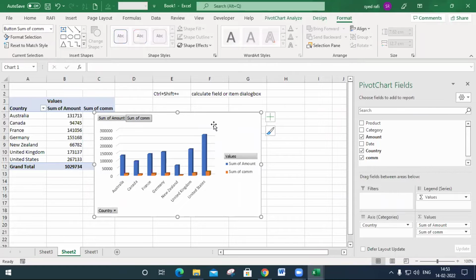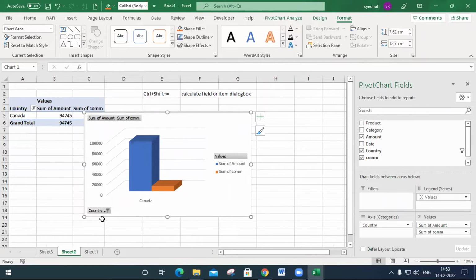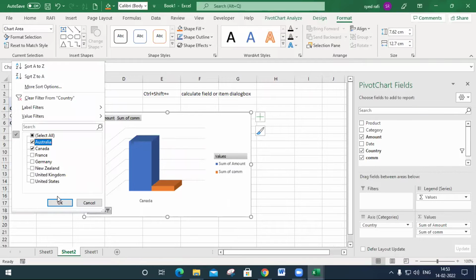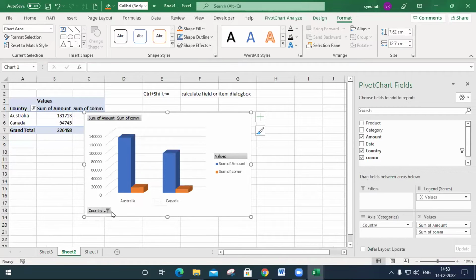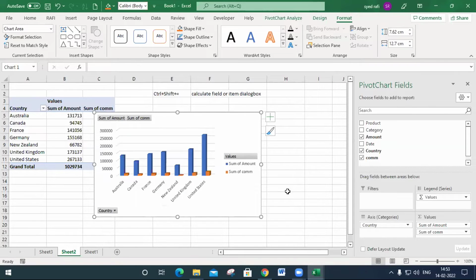So this is the pivot table chart. If you want to view only Canada, you must click that one and view only the Canada details. You may also do this in the chart. This is one style, and the last one I will show you is a shortcut.